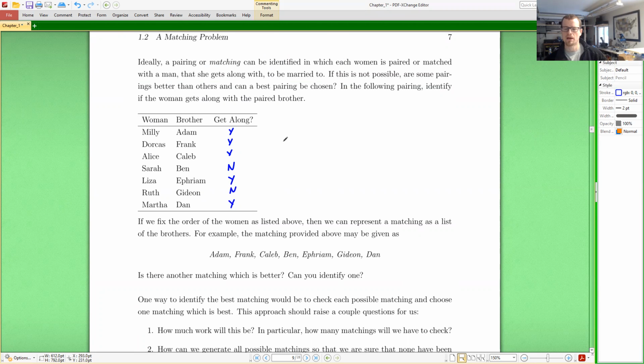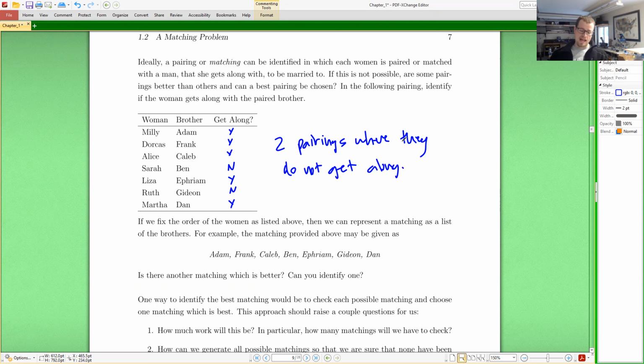So 2 pairings where they do not get along. So that's not ideal for us. We want to get as many pairings as possible where they're happy. So maybe if this is the best we can do, okay, but is it the best we can do? And you might be able to figure that out on your own. Is there a better pairing? And yes, there actually happens to be, but